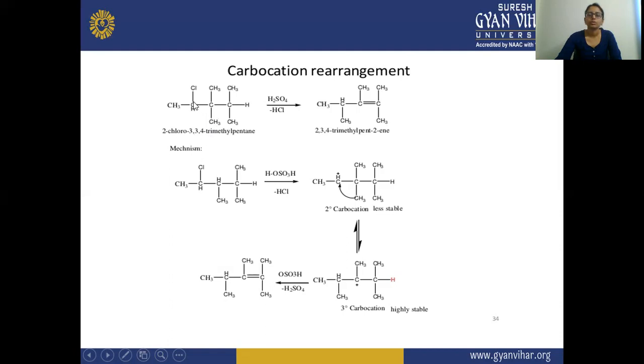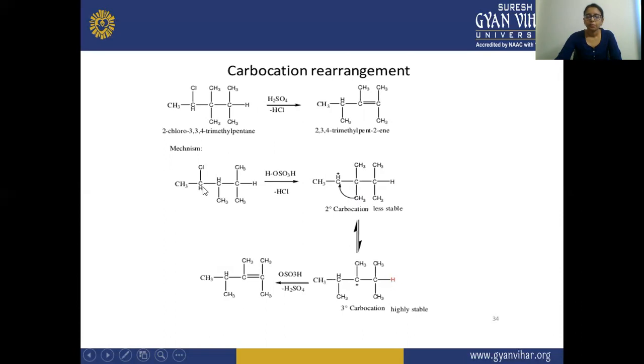So on the third position there are two methyl groups attached, on the fourth position one methyl group is attached. So it is your 2-chloro-3,3,4-trimethylpentane. When it reacts in the presence of H2SO4, there is a removal of HCl, and there is a formation of 2,3,4-trimethylpent-2-ene. In the mechanism, we can write H2SO4 like this also, HOSO3H, minus HCl. From here you can see the Cl is removed, and an H is abstracted,